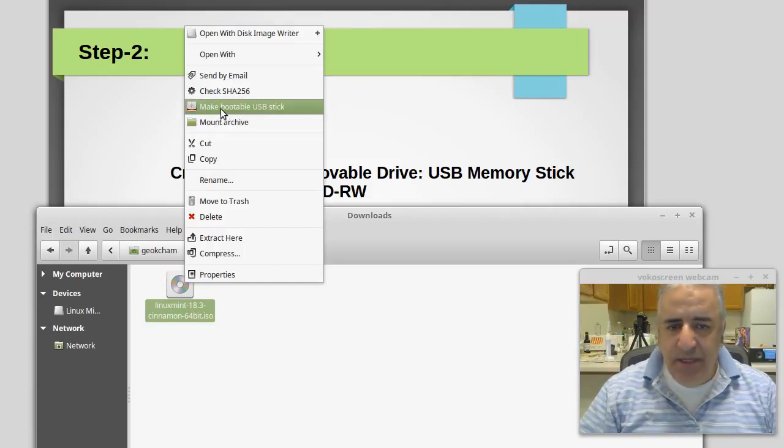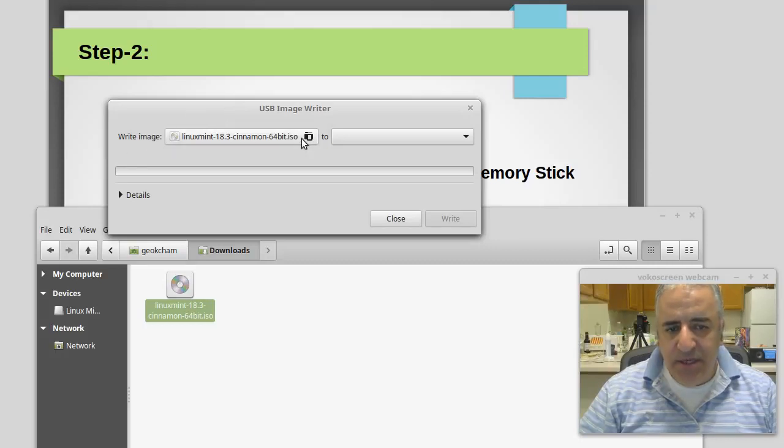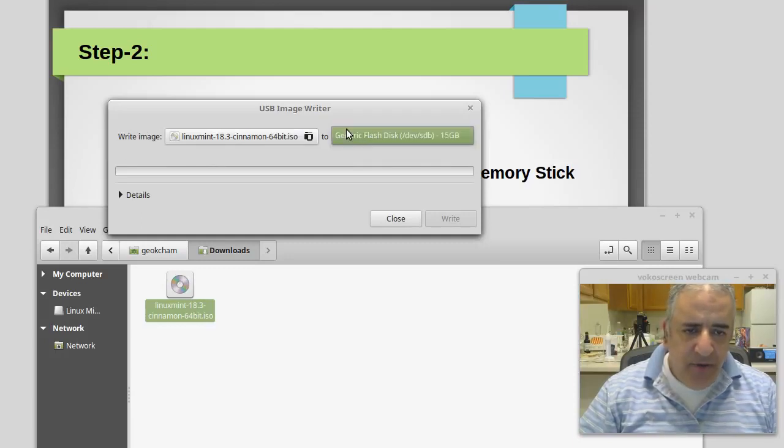So you just hit make bootable USB stick. You click on this one, and then you're going to get this window. It says write image, and it's going to give you the downloaded file of the operating system, and then it says write image from, to. So you click down, and you're going to get generic flash disk, and you want to make sure it stays here. It doesn't go anywhere. Like now it changed to blank. So make sure it is generic flash, and now you just have to hit this tab here. It says write. So I hit write,